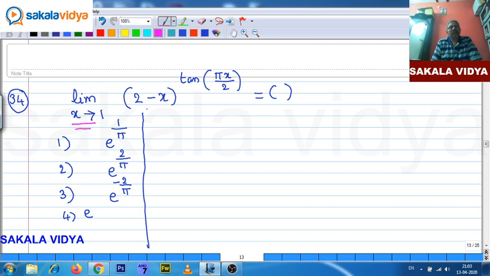Limit x tends to 1, (2 minus x) whole to the power of tan of pi by 2 x. If you substitute the limit, you will get 2 minus 1 whole to the power of tan of pi by 2. This appears to be the 1 to the power of infinity form, one of the indeterminate forms. So whenever it is the 1 to the power of infinity form,